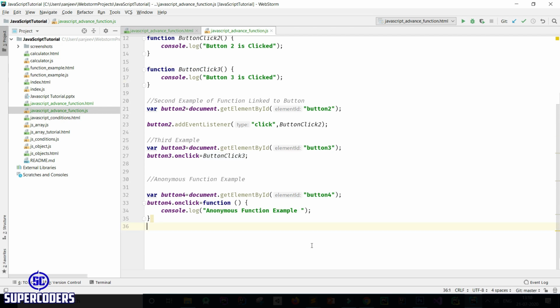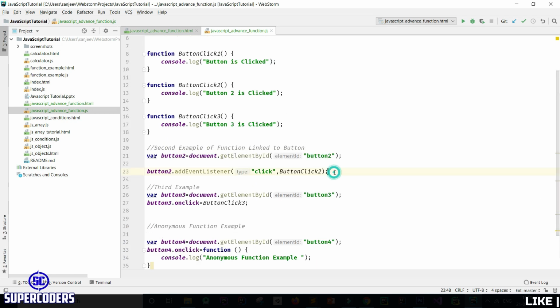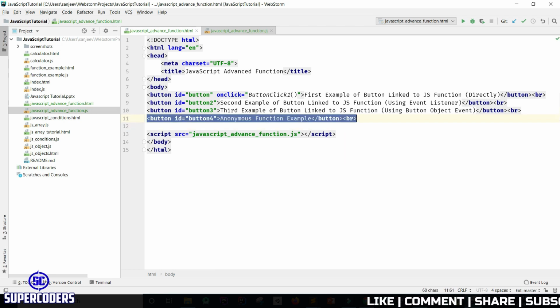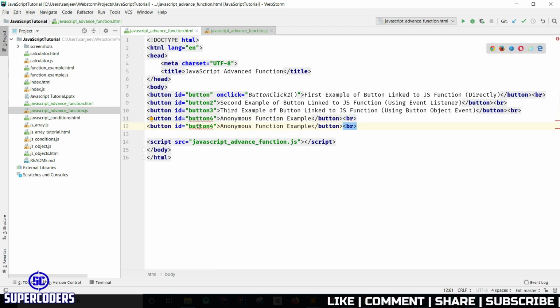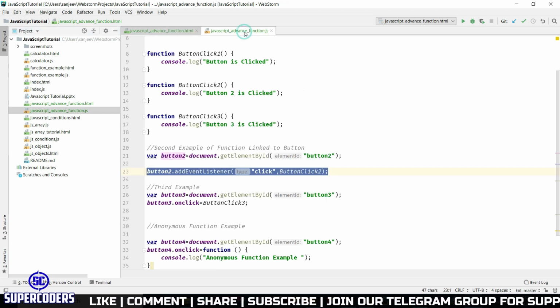Also you can create an anonymous function in an event listener. Let's see. Copy this. Okay, first change the button, then the button. Anonymous function example using event listener. Now let's see example 5.